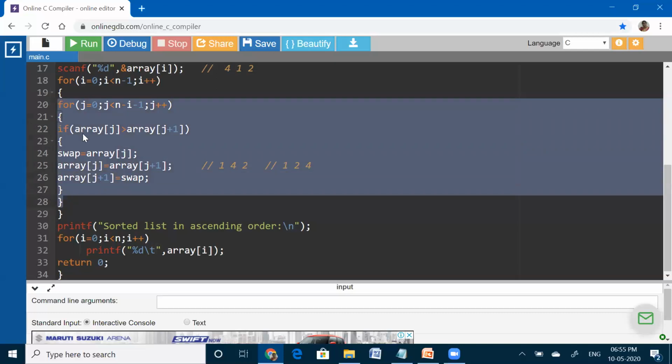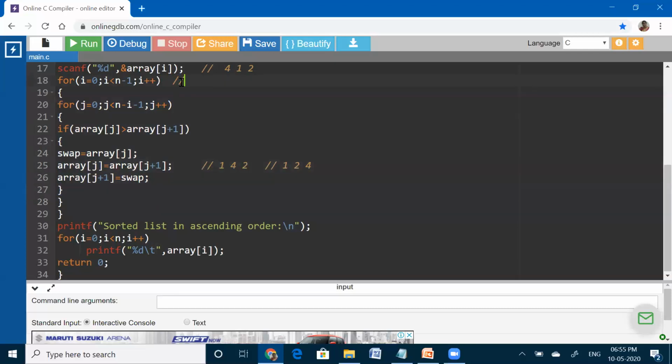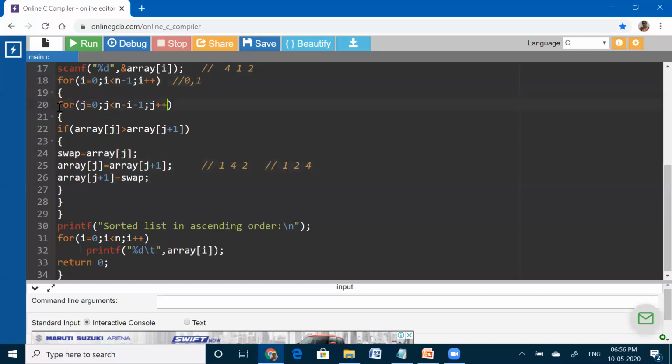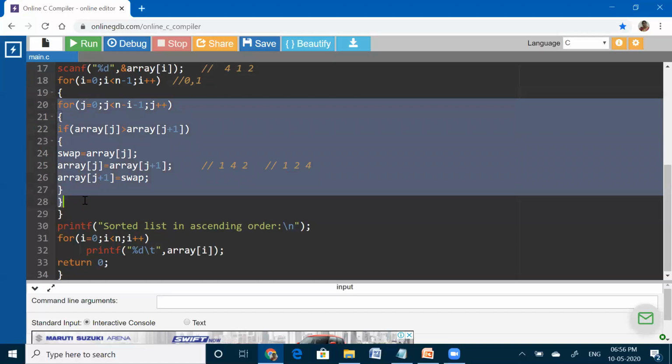If you come out of this for loop, we are coming out of the inner for loop, but we are still in the outer for loop. Okay. So whenever you come out of this loop, now the i value becomes 0 to 1. Right? Now i becomes 1. With this, again we'll enter into this inner for loop. Right? Now j value is again 0. From 0th position we'll start comparison. J value is less than n minus i minus 1. Now the n value is 3, i value is 1. 3 minus 1, 2. 2 minus 1 is 1. It is less than 1 only. Okay. So we'll enter into this if condition.